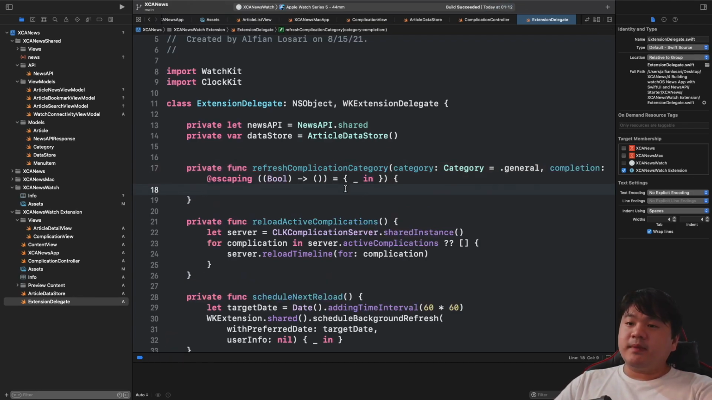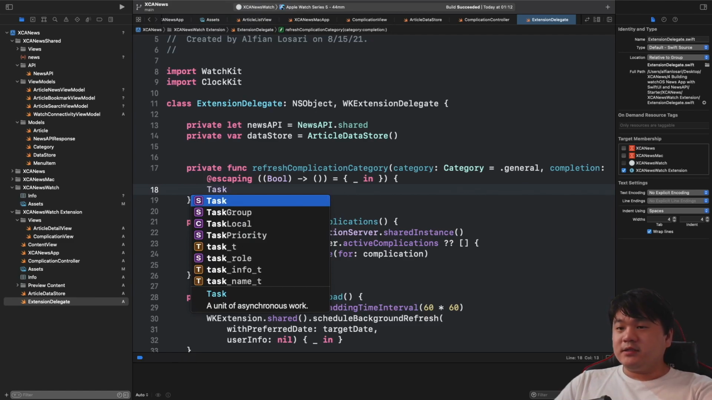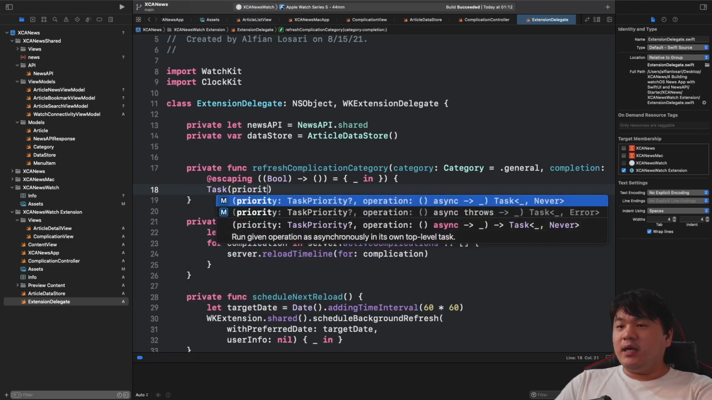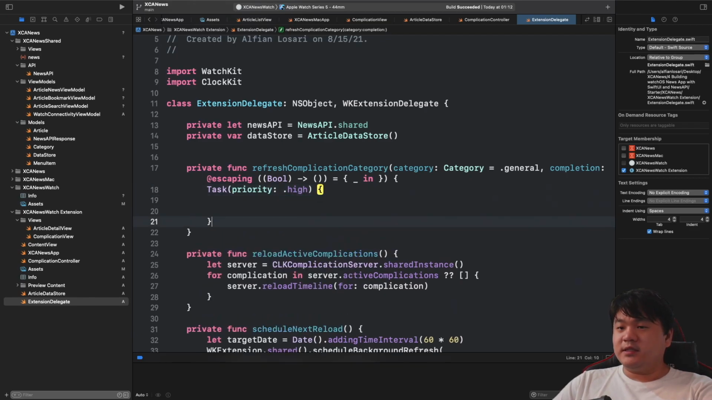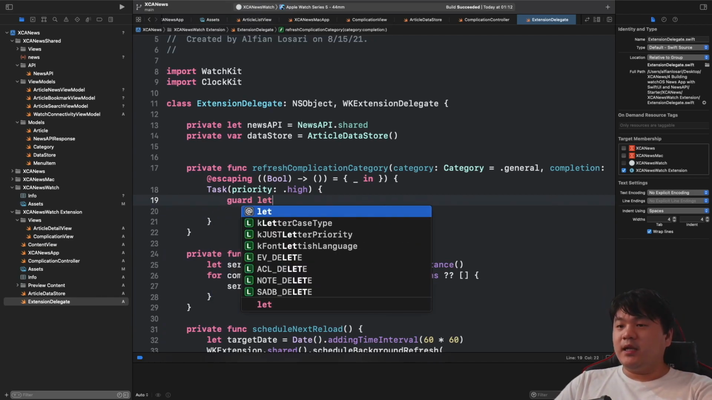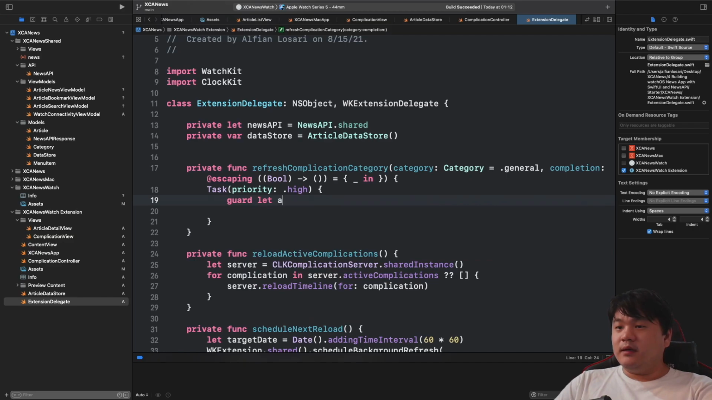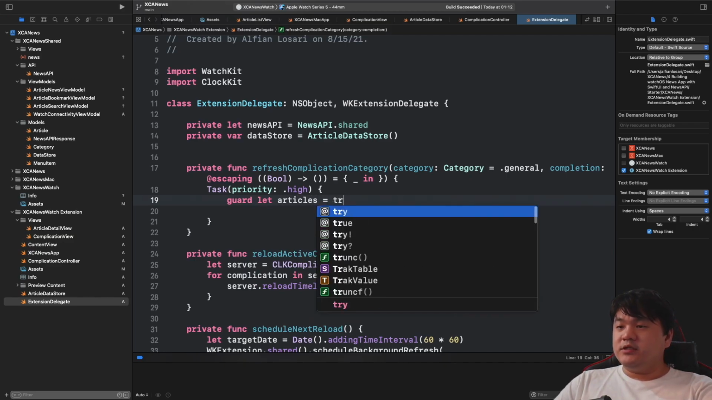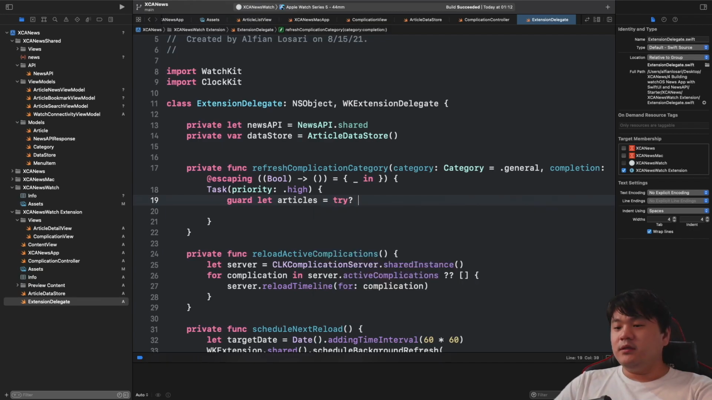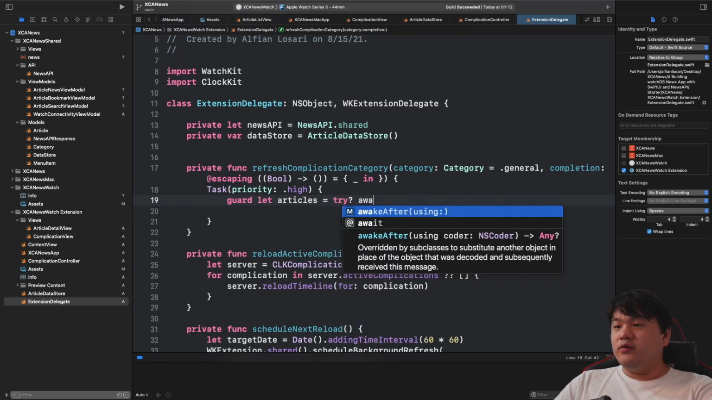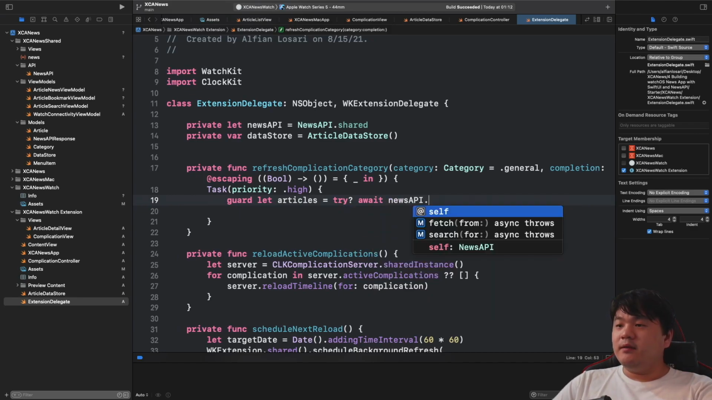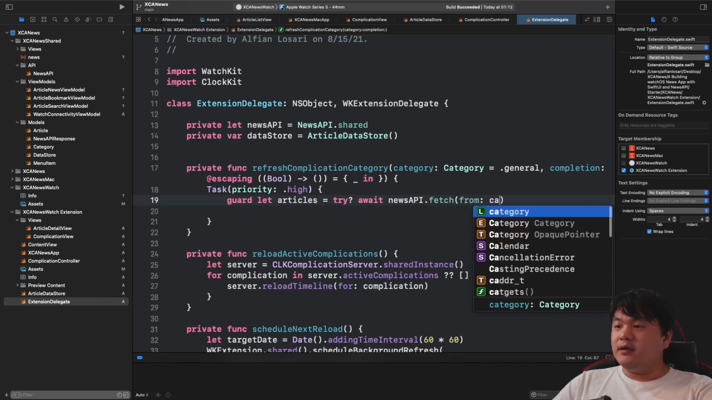Okay, so inside this method, we want to invoke the news API fetch articles. That is an async function, so we need to switch to the async context using this Task. Let's pass the priority high, and inside this async context closure, let's use the guard statement, guard let articles, and then let's use try, make it optional, and then we need to prefix it with await news API fetch from the category,